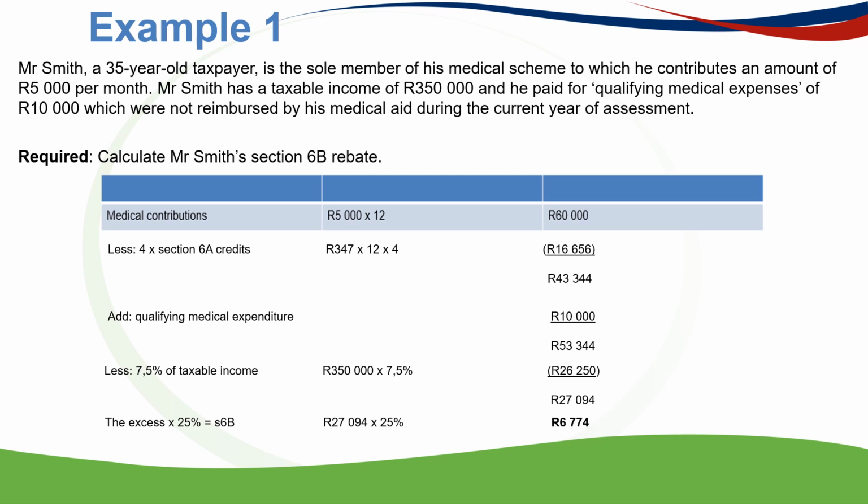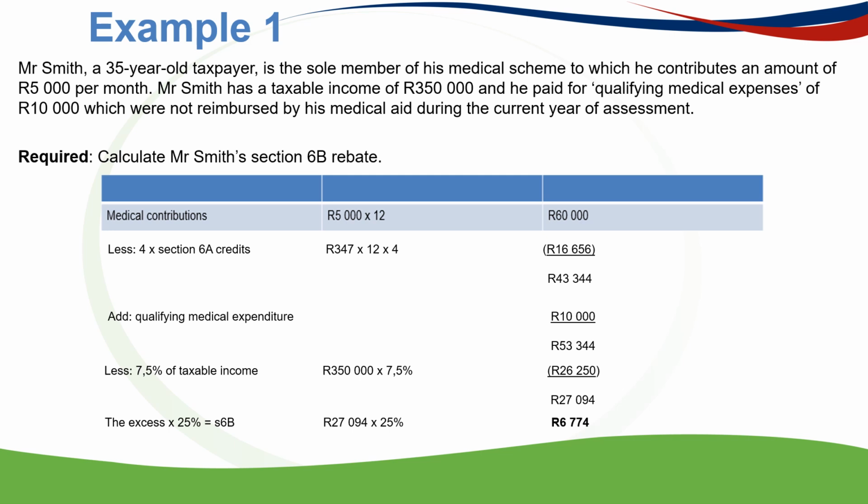So it's 347 Rand times 12 times 4, which gives us 16,656 Rand, which is deducted from the 60,000, and we're left with 43,344. Then we add the qualifying medical expenses of 10,000 Rand, which then gives us